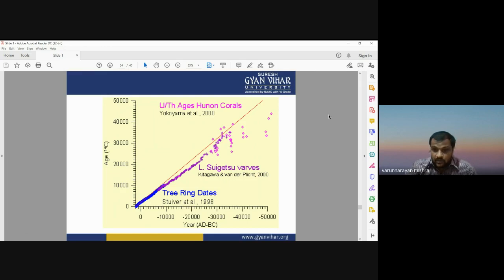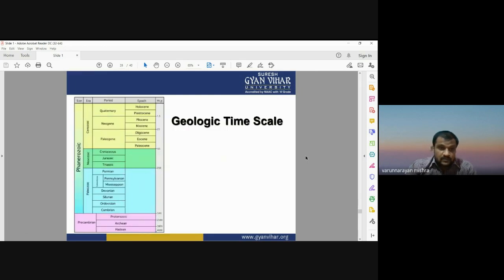Okay. Now moving to the next slide. So this is the geological time scale. I hope all of you know about this geological time scale. It was already discussed in your previous semesters in different subjects: Quaternary, Neogene, Paleogene. Okay, then Jurassic, Triassic, Permian. These are different geological time scales, and the time period is written here. So all of you must be aware of this geological time scale.